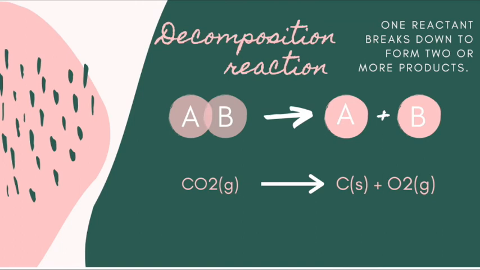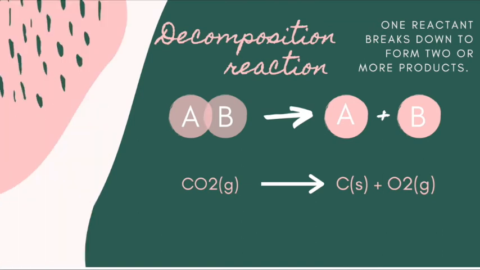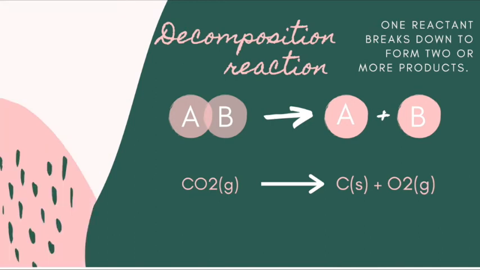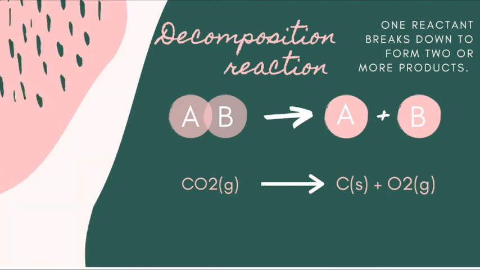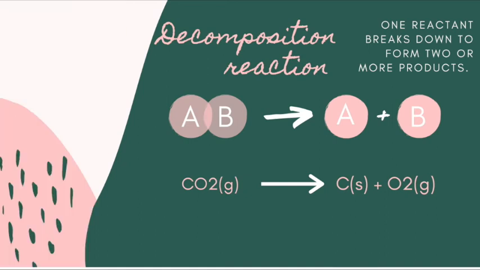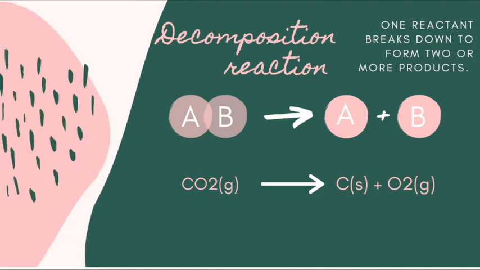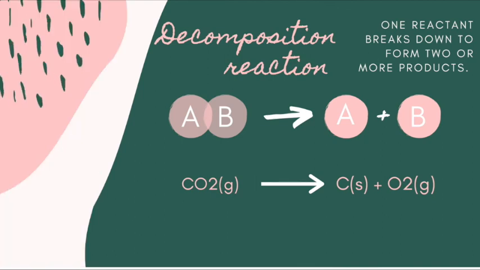If you relate combination reaction to decomposition reaction, they're quite opposite. In combination, reactants are combining together to give us a single product. Here in decomposition, a single reactant is breaking down to give us more products. So it's quite the opposite. I've taken the same carbon dioxide example here just to show you that they're quite opposite. CO2, the carbon dioxide, is breaking down into carbon and oxygen. So this is decomposition reaction.